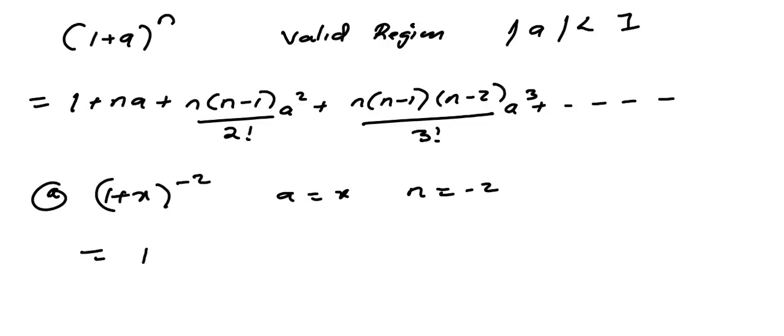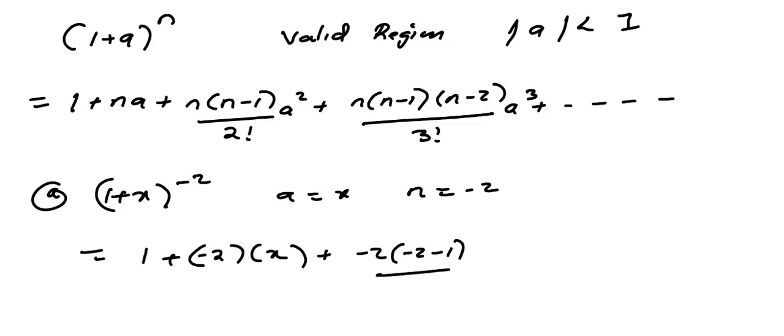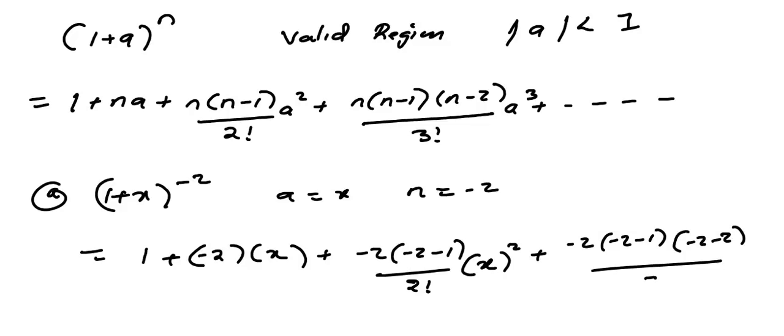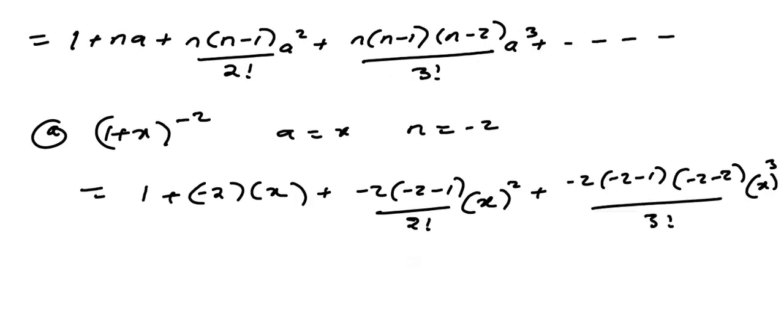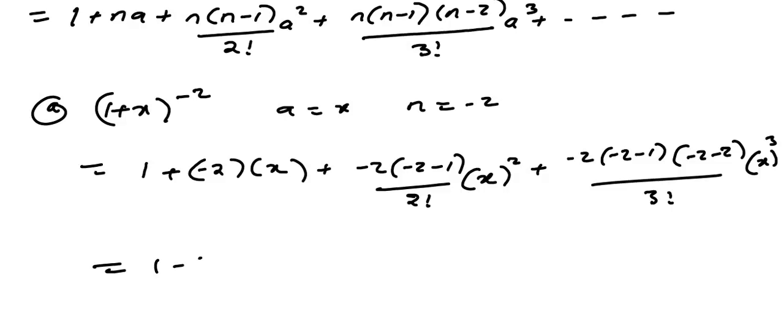This will be negative 2 and x, then plus, this is negative 2 minus 1, 2 factorial, x, and this is going to be negative 2 minus 2, this is 3 factorial, this is x to the power 3, this is equal to 1 minus 2x